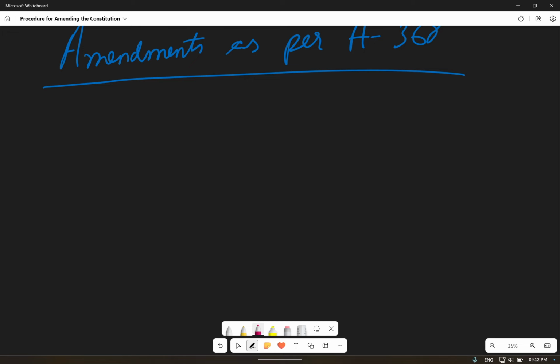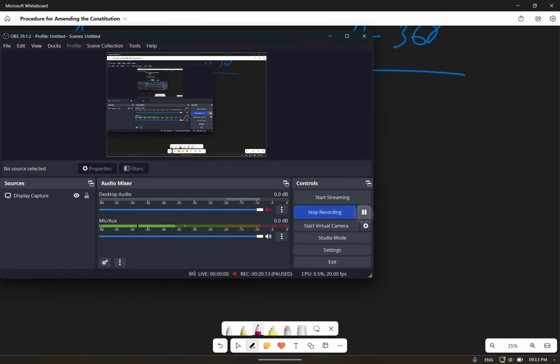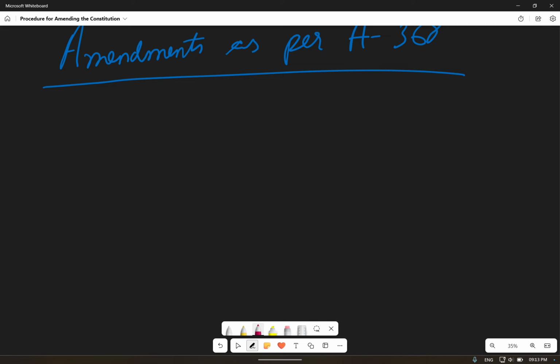Let me once again pause here. So the procedure of amendment of the Indian Constitution as per Article 368: the first step is that an amendment of this constitution may be initiated, there must be an initiation,